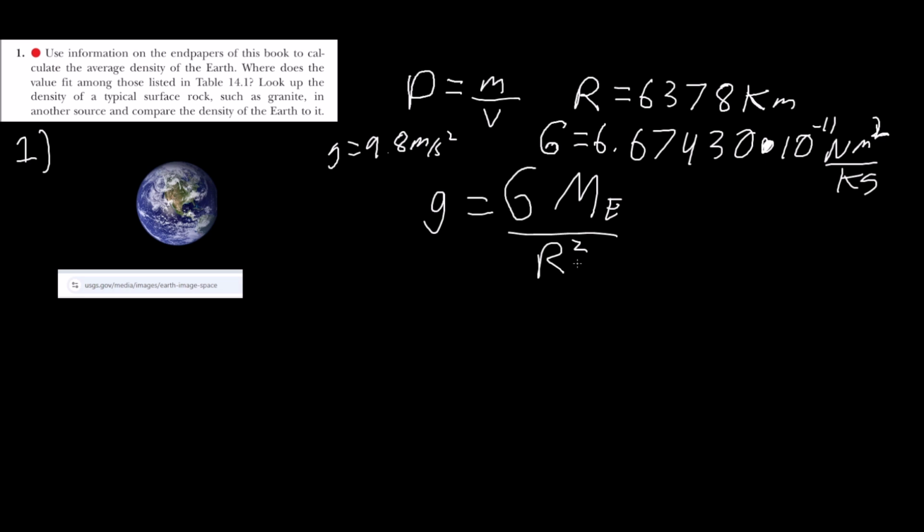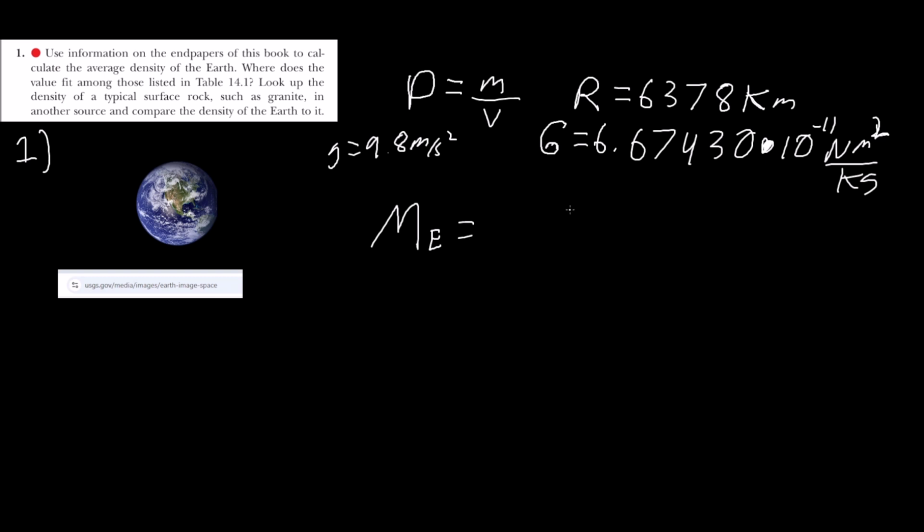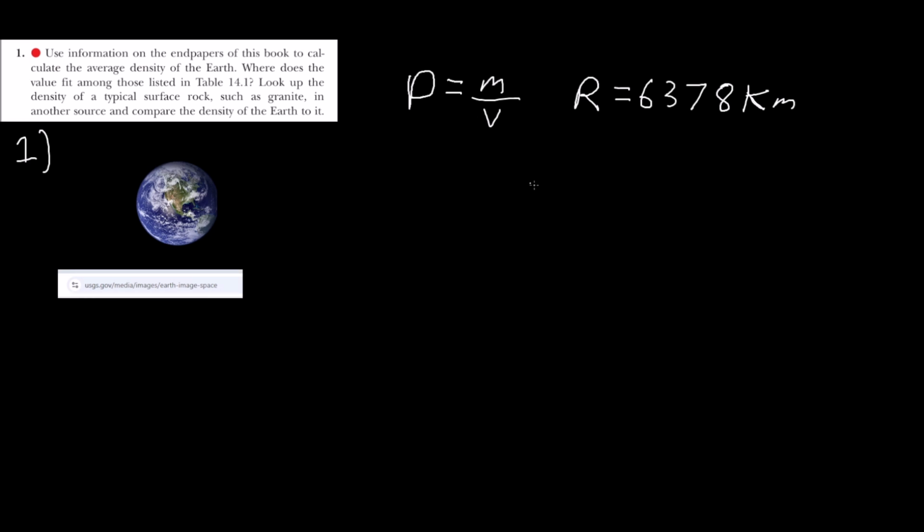So let's rearrange this equation, and let's say that the mass of the Earth is gravity times the radius squared over the gravitational constant. So once you plug all these values in there, you can estimate that the mass of the Earth is approximately,